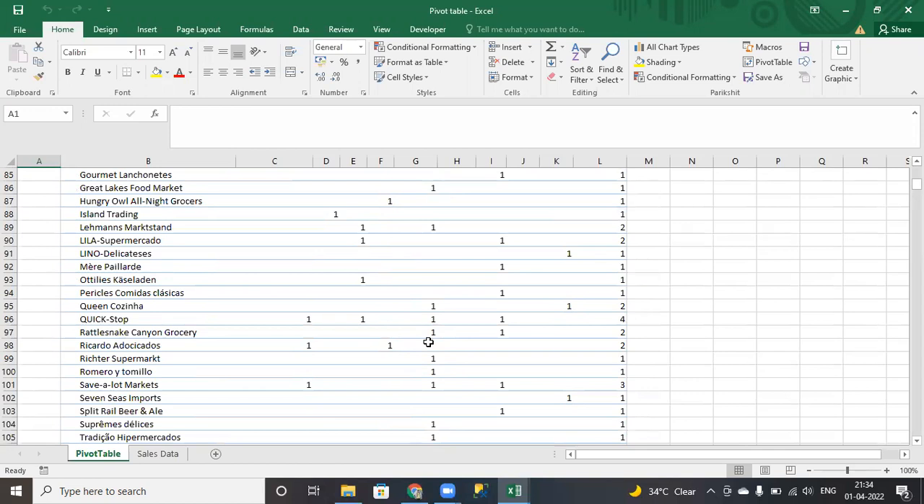So, as we do not have many students, that's why I'm just finishing with the pivot table. And from tomorrow I will start the